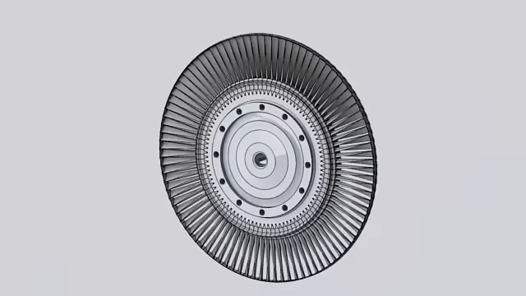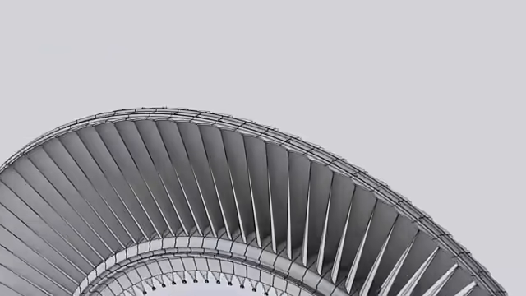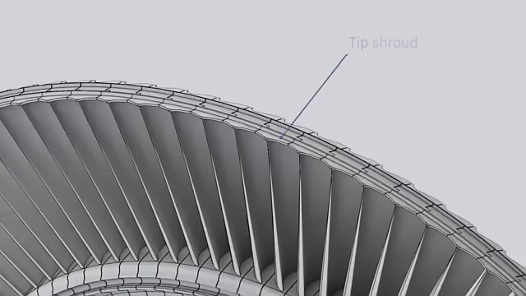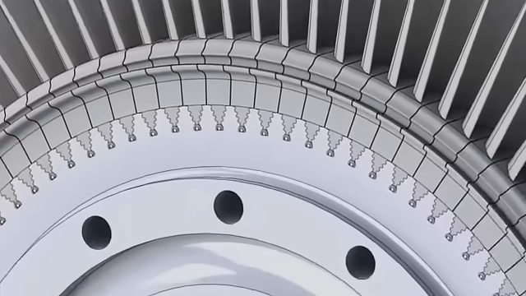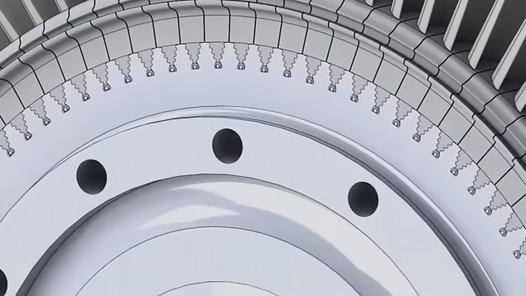The third wheel carries the buckets of the third turbine stage. 92 buckets are also installed on the third wheel. Third stage buckets are not internally cooled. The third stage bucket tip is also enclosed by a shroud. Buckets are attached to the wheel by the dovetail arrangement and held in the axial direction by a twist lock arrangement